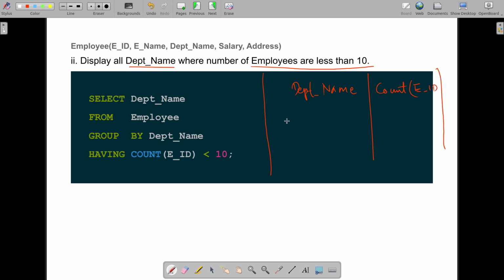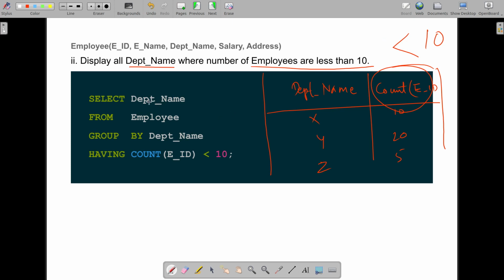A table like department X 10 employees, department Y 20 employees, department Z 5 employees should be created first, and in this table we can add a condition that this value here should be less than 10. So this is the approach we are taking here.